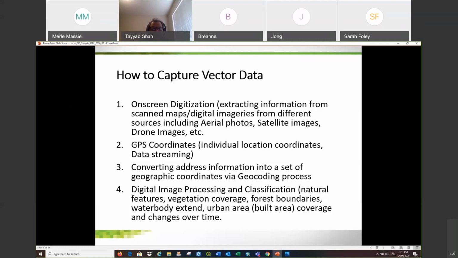And then we have another interesting thing when we have only descriptive information, only our address information, and we want to make a set of geographic coordinates. So we usually use a method called the geocoding process. Fine. So the geocoding process is very popular also in social sciences and health sciences, where we have the address of